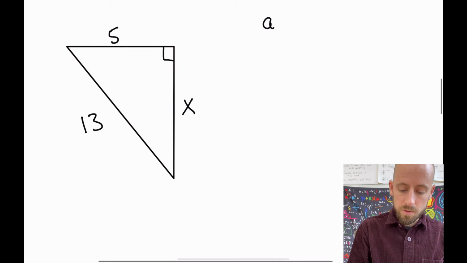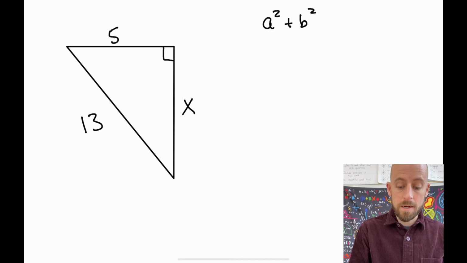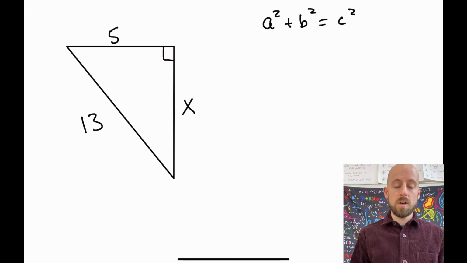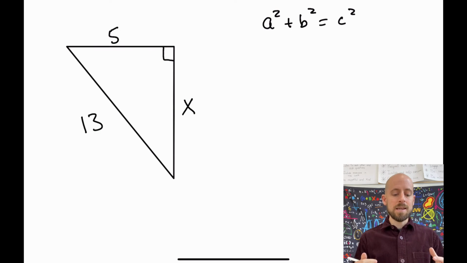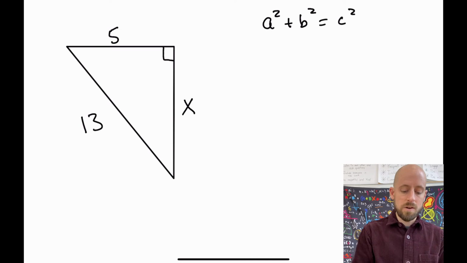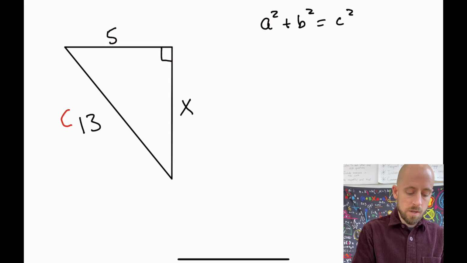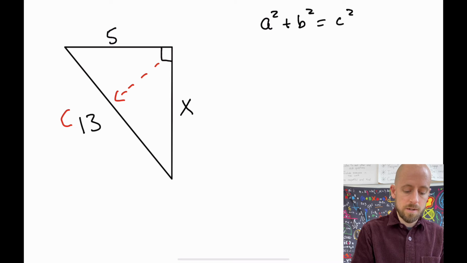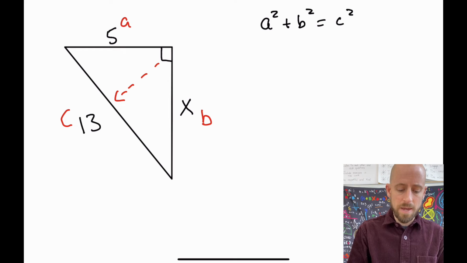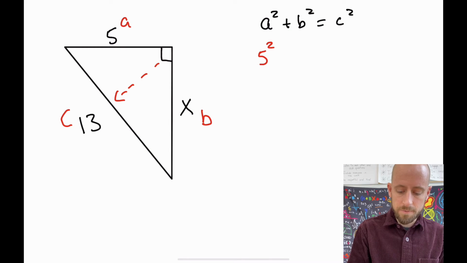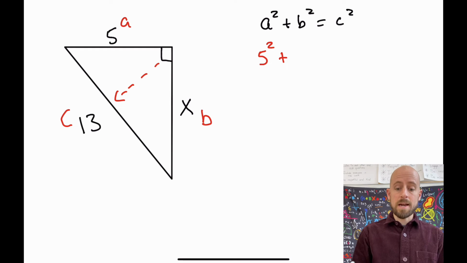And I want to use that Pythagorean theorem, and it doesn't change every single time. What did change in this problem is the fact that c isn't x, okay? Remember, c is this longest side out here. It's across from this 90-degree angle. That's the longest side in our right triangle. And then a and b are just our other two sides. So in this case, b was x. And I'm gonna fill that in. So a was 5, so that's 5 squared, plus b was x, so that's x squared, equals c squared, so